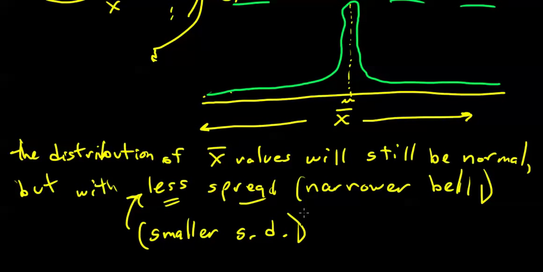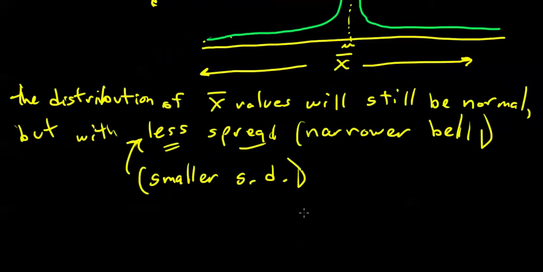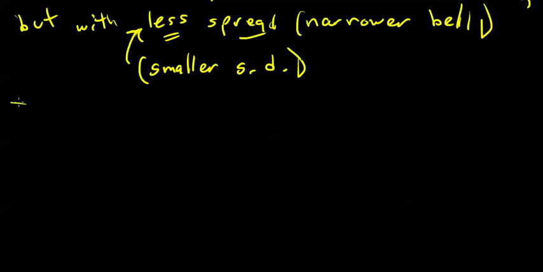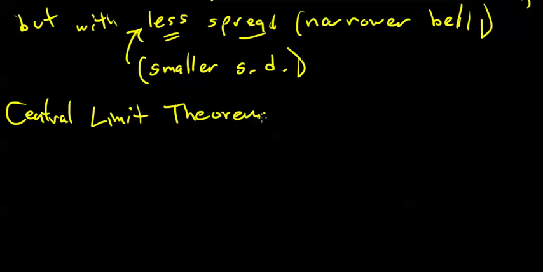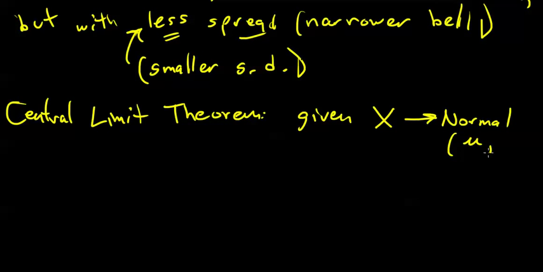Okay. And really that's what the central limit theorem is all about. Sample means have a normal distribution but with a smaller standard deviation. Let me write that down formally. Central limit theorem. If we are given a random variable x with a normal distribution and with some unspecified mean and some unspecified standard deviation,